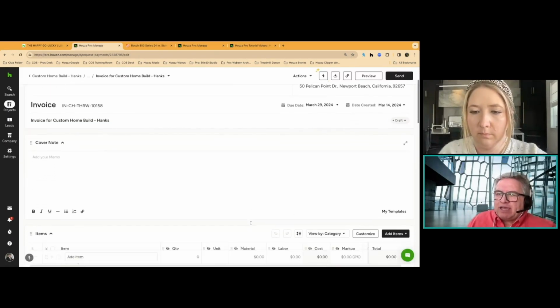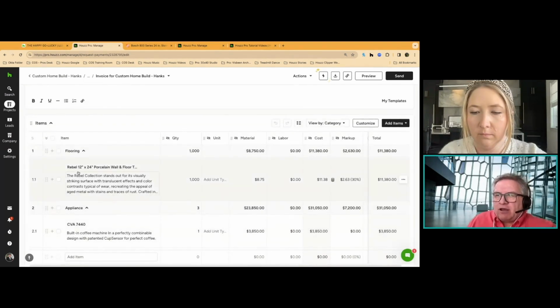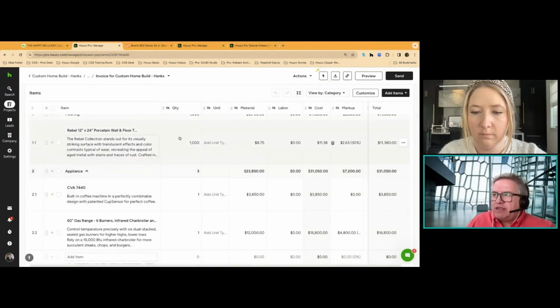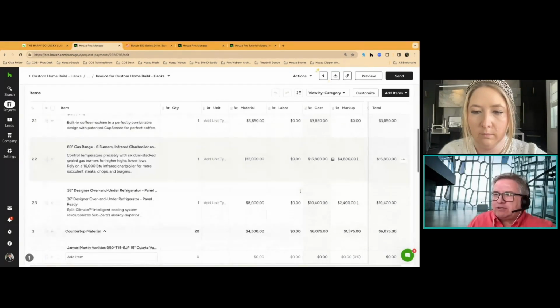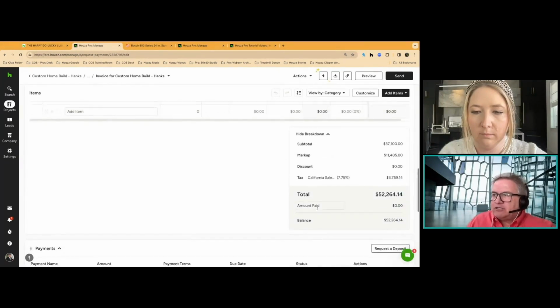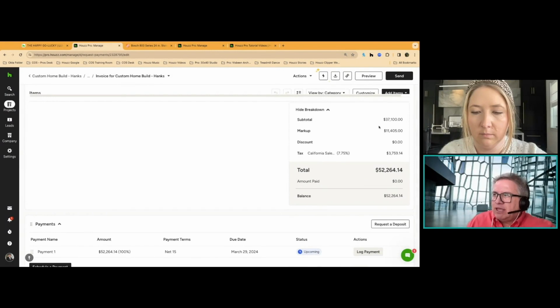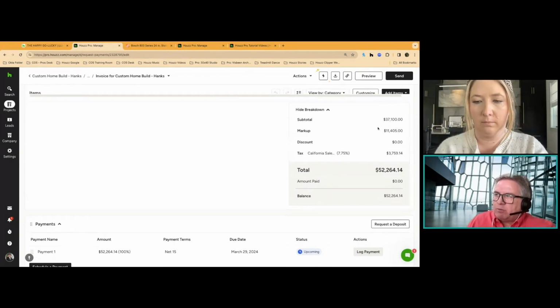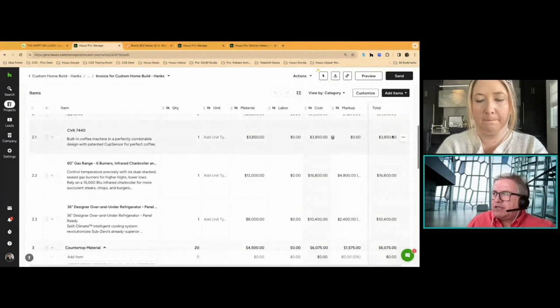Again, everything goes back into the documentation. You've got here's your product information, here's the details of the product information, and then there's all the specifics to each of the product, right? And then now you're just sending this out. So again, this is the cost of the items. This is your proposed markup. So when you go to send this out to them,